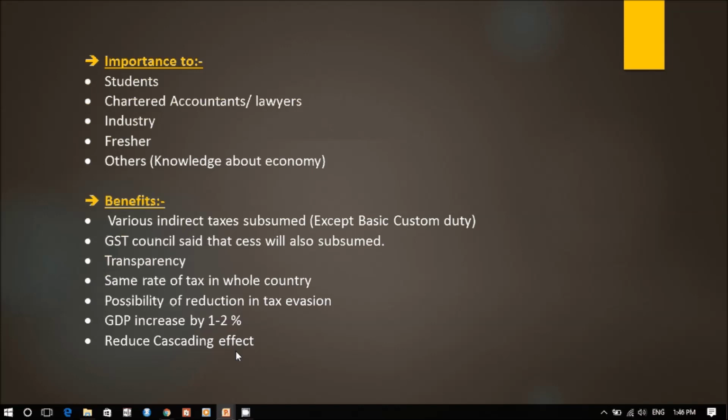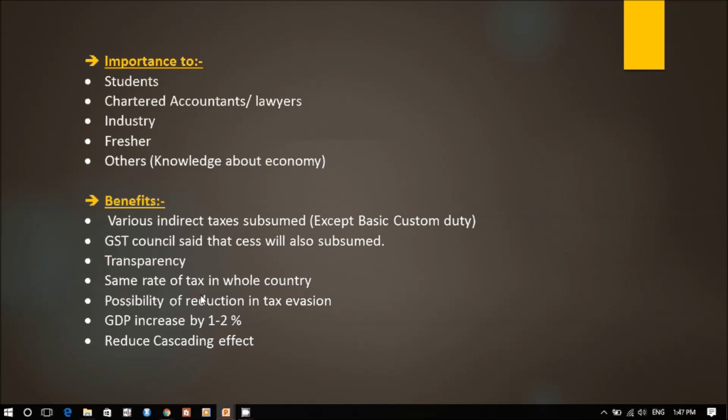And one of the things that I want to tell you is that in GST there is a lot of importance and a lot of role of IT, information technology. The structure of the GST, the system of the GST, the software of the GST model has been prepared in this way so that it would improve transparency.